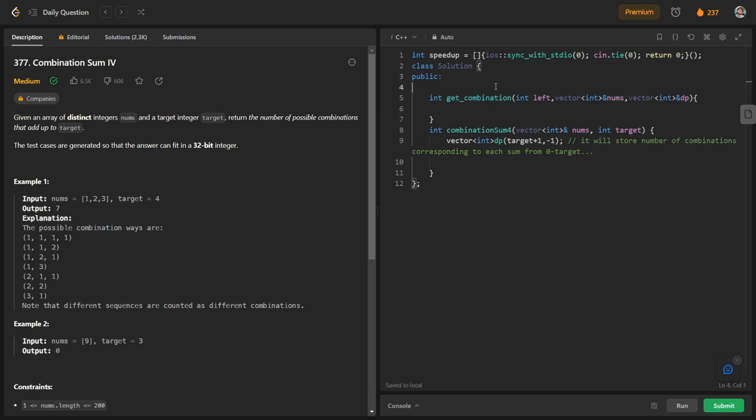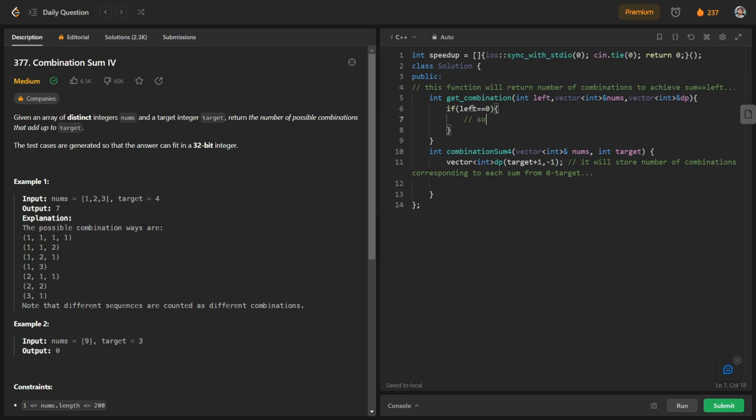This function will return the number of combinations to achieve sum equal to left. If left is equal to 0, what does it mean?